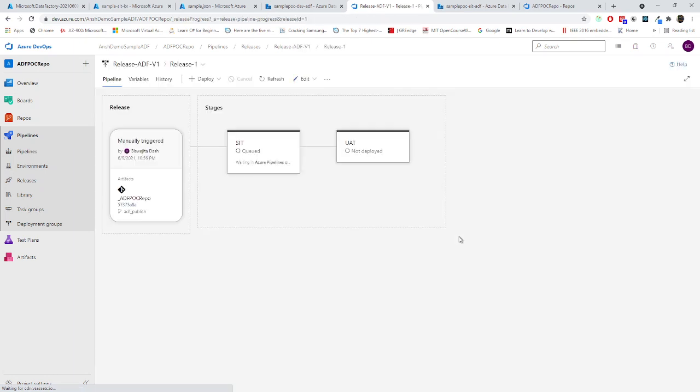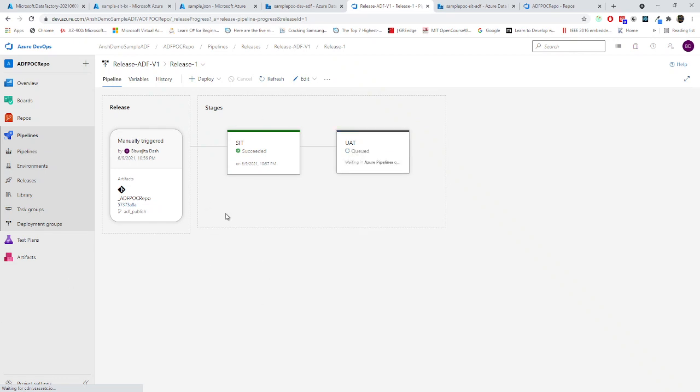So what Microsoft has done, due to very large use of free things, Microsoft has restricted those things. So I'm not sure whether it will work or not, but yeah, it is working. Thank God. Now let's wait so that this release gets finished. Now it is downloading the ARM templates. It is taking a little bit of time. I'll just pause this video, and once this thing gets done, I'll show it to you.